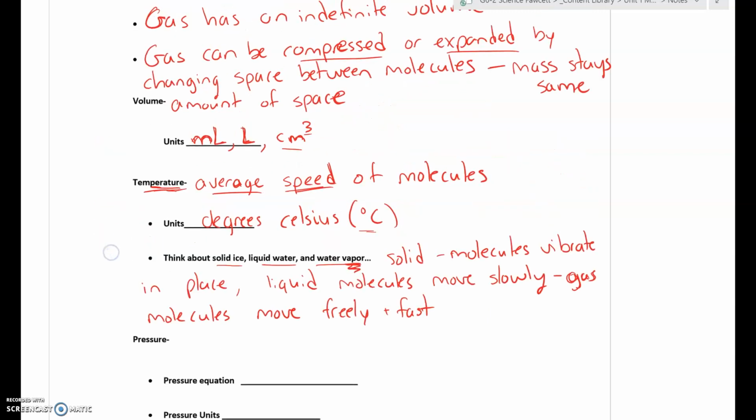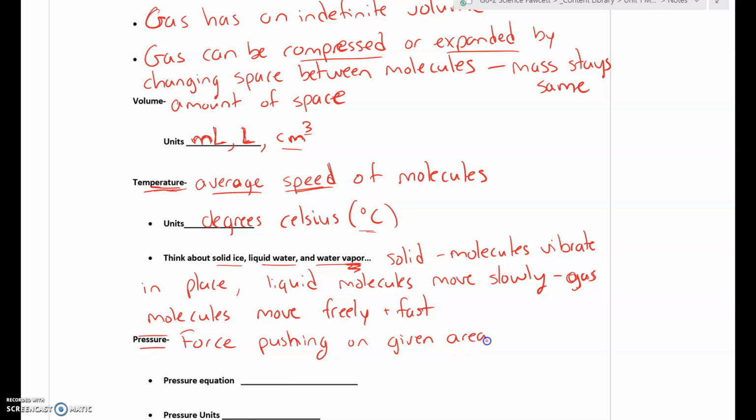Now, the one thing that we have not talked about yet that we can measure about gases is their pressure. Pressure is unique to the other states of matter. We can't really measure pressure of a solid, and with liquids we could have pressure as well, but typically when we're talking about pressure, we're talking about a gas. And with pressure, we are measuring how much force, which is just something pushing, is pushing on a given area.